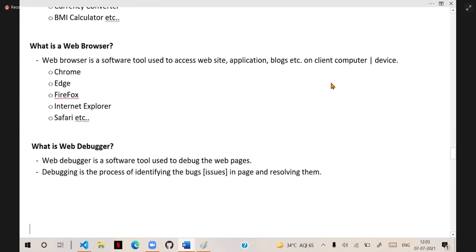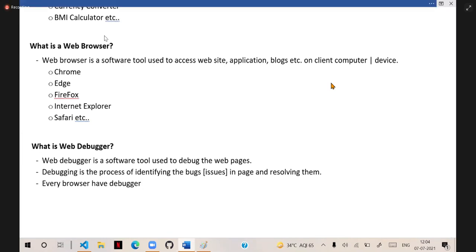For example, every browser has a debugger.